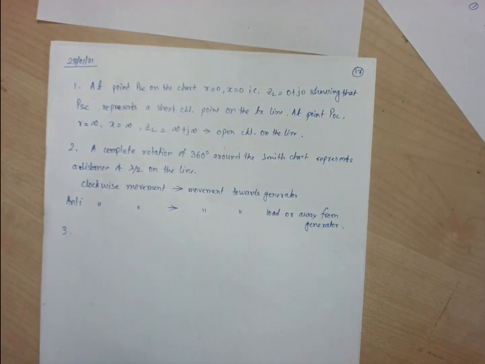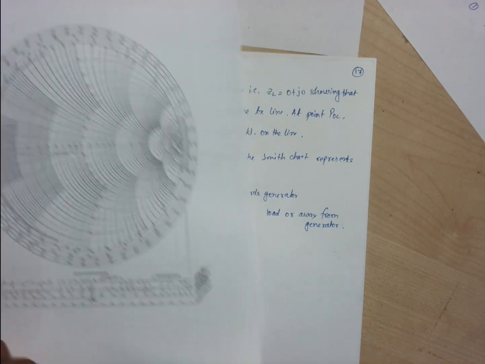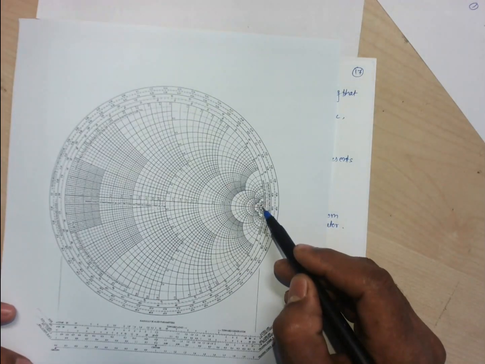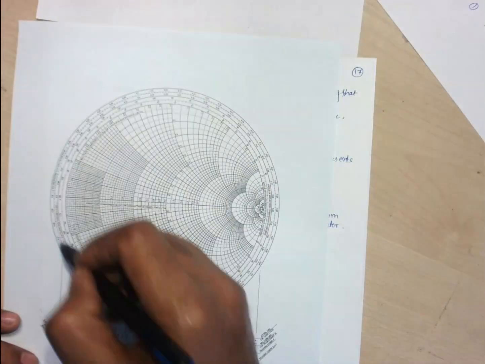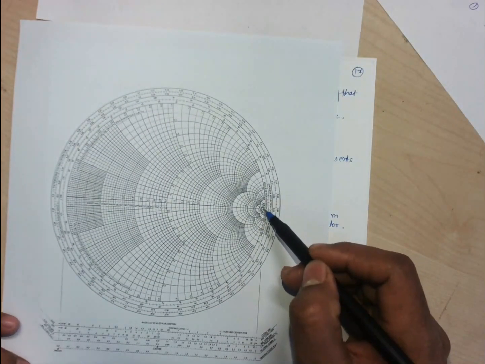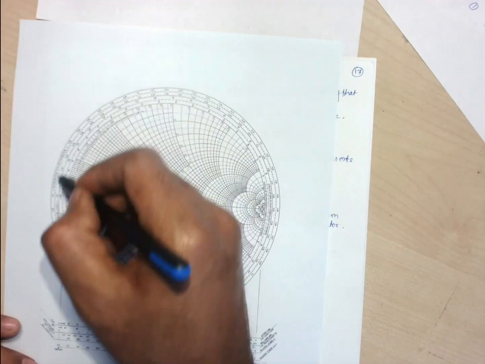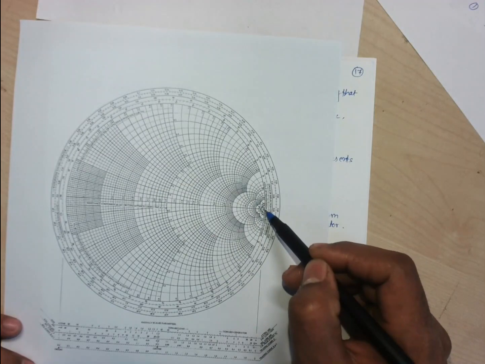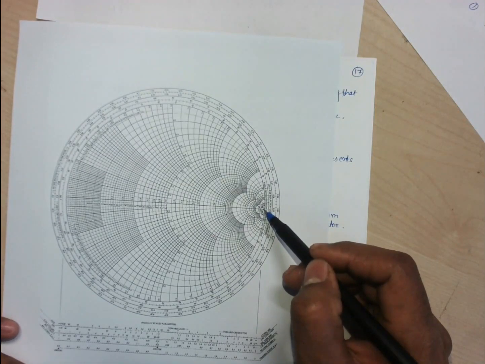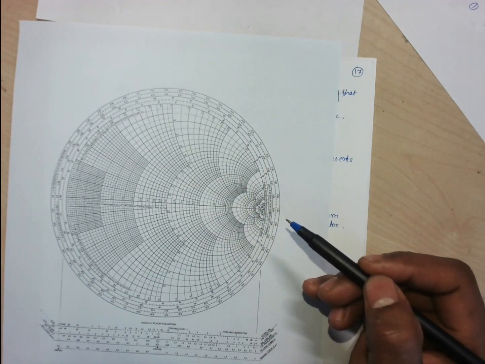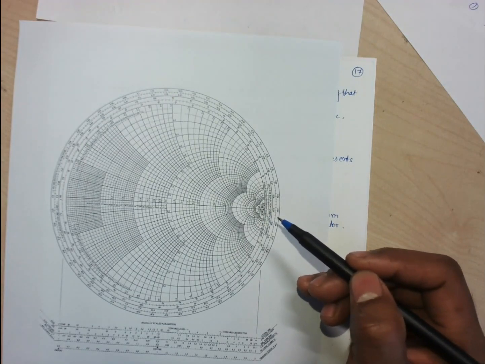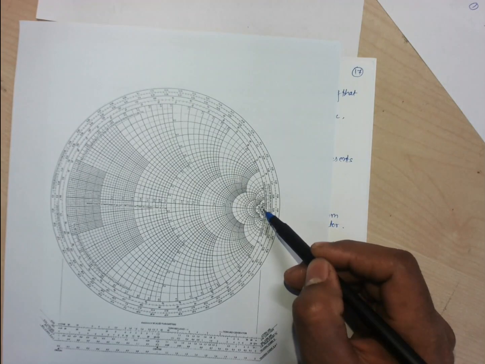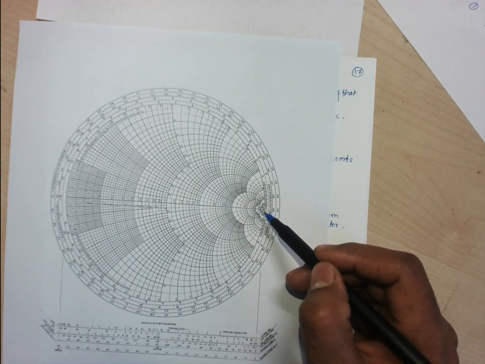For one complete rotation, if we start this journey, either with clockwise or anti-clockwise movement, one complete rotation will end at the same point, right? Starting from this point, after one complete rotation around the circle, the end point is the starting point. One complete rotation will give you the same point from where we started our journey. So let us consider something like that.